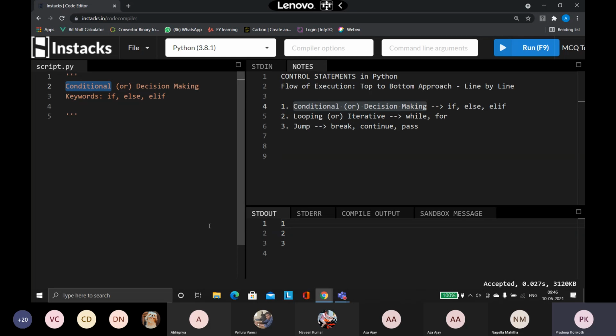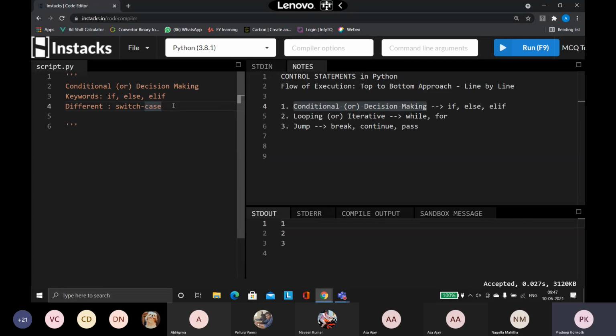Okay, so now coming back, the conditional statements or the decision making statements in all other programming languages, we have something called a switch case. You can find this in C, C++, Java, and in the .NET language C#. All these languages have a concept called switch case. But here in Python, we do not have the concept of the switch case. So there is no switch case in Python. That is point number one that you have to remember.